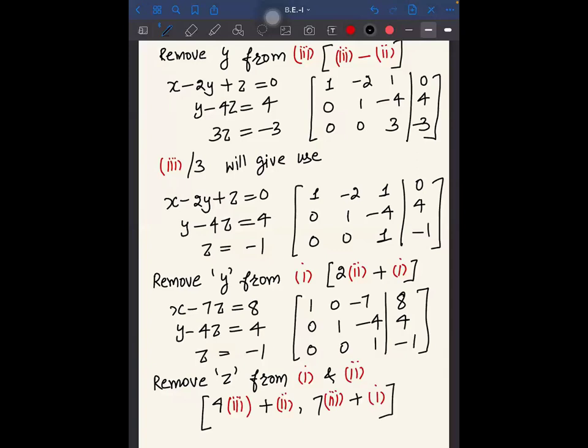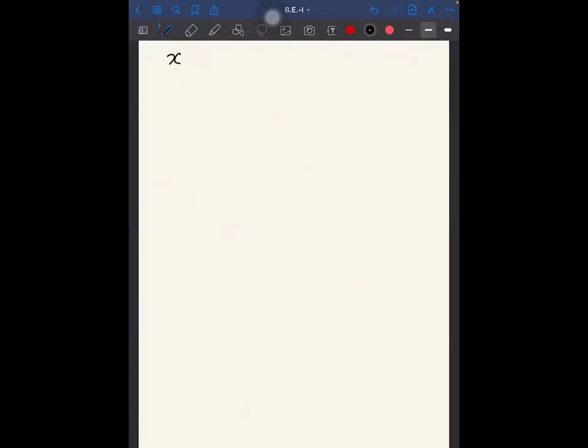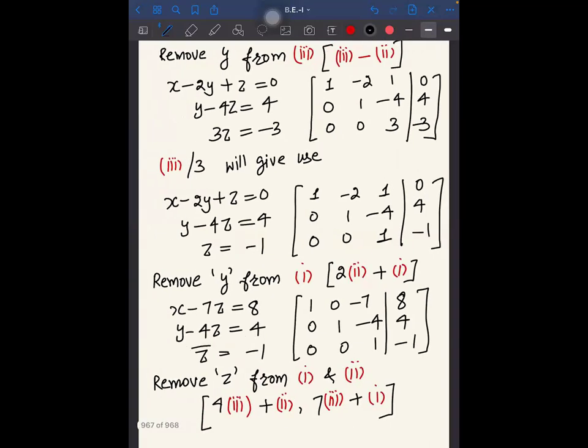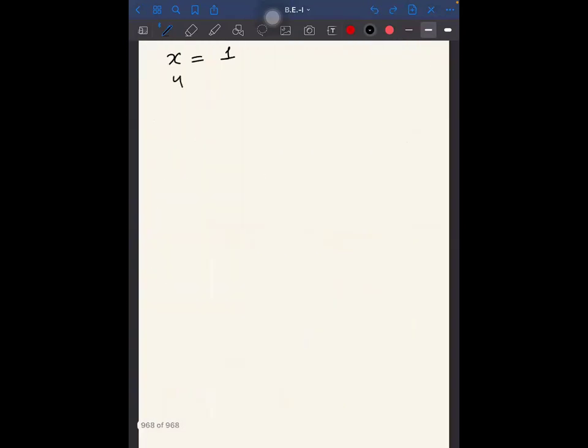Okay. So here are the things which you're gonna get. If you multiply this 7 and this 7, this will be added over here. So this will remain 1 and this z will get eliminated in the first equation. So now you can have x is equal to 1. And if you multiply it by 4 and add it, y will be 0. So your y will be 0. And similarly, your z is already there, that is minus 1.